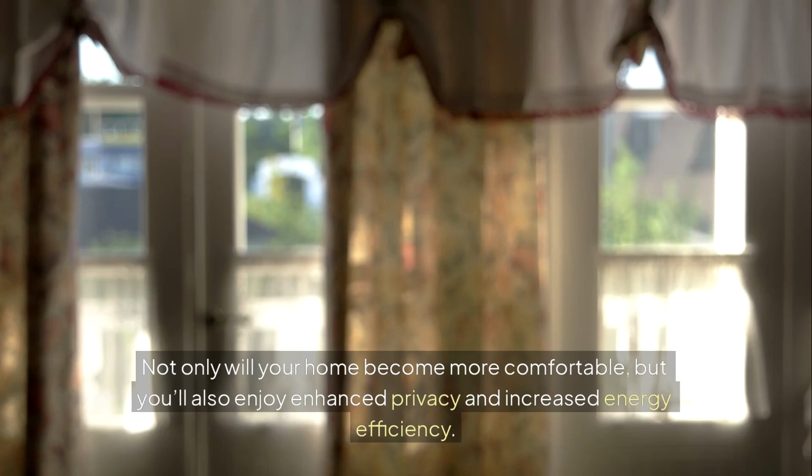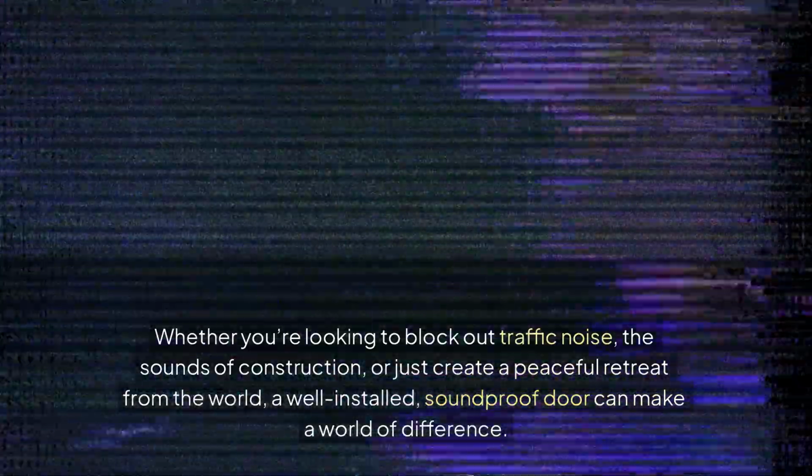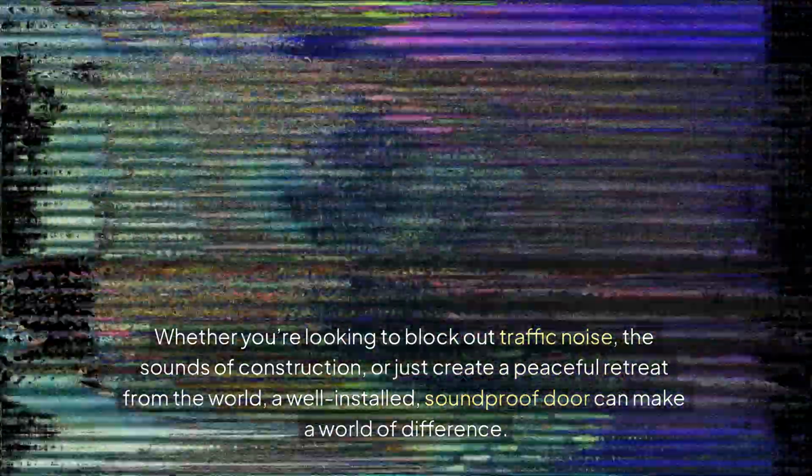Not only will your home become more comfortable, but you'll also enjoy enhanced privacy and increased energy efficiency. Whether you're looking to block out traffic lights, the sounds of construction, or just create a peaceful retreat